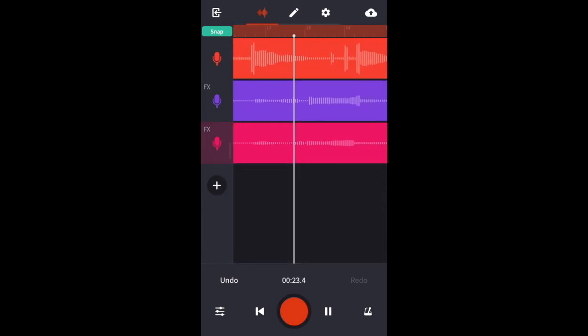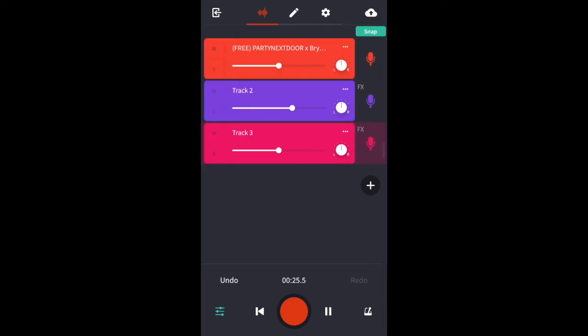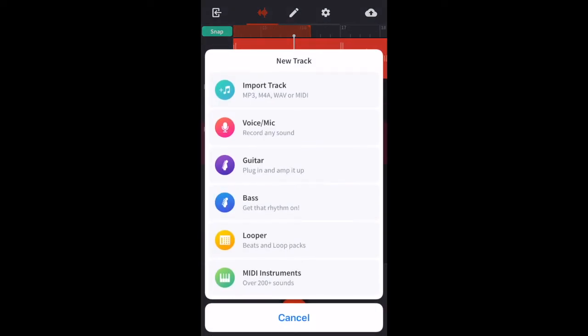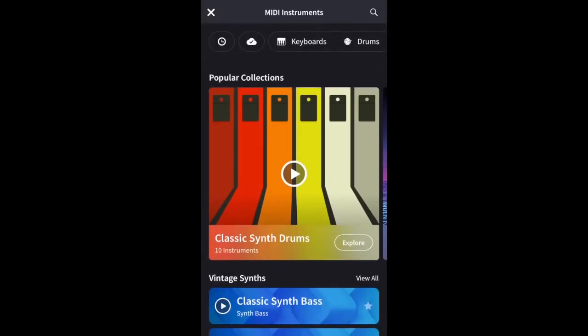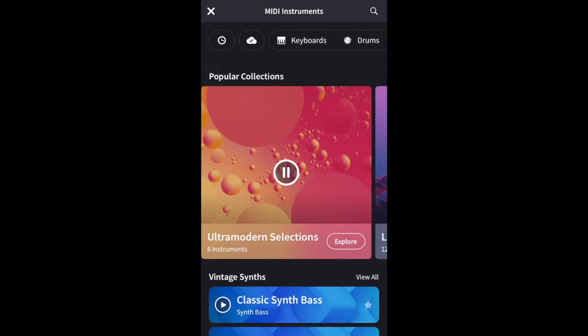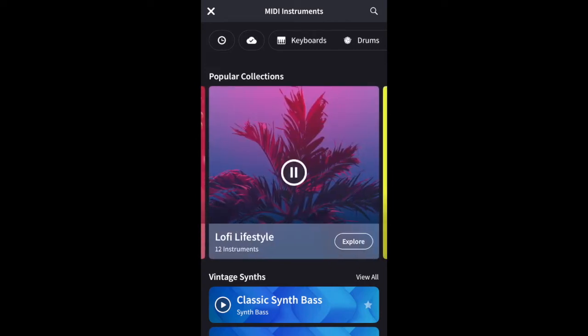This is an optional step. Obviously I'm using a pre-recorded track, but I'm just going to show you that you can add additional instruments from the MIDI instruments browser as an addition. So there's loads here, so you can play the samples just to hear sort of what the pack